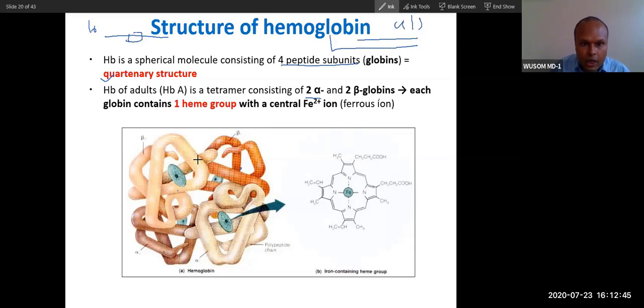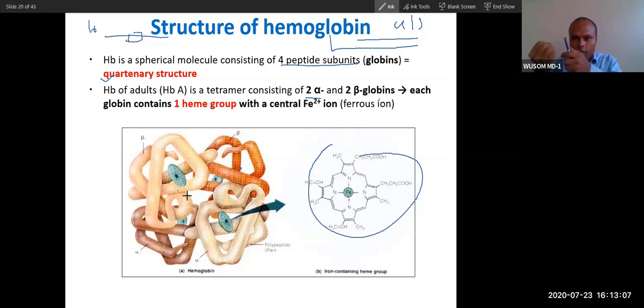Okay, and at the center of each polypeptide you can see heme, this molecule. This round, coin-like structure is the designation of heme. Now heme is placed tightly inside the protein. It is not hollow, it is not exposed to water. It is tightly placed inside the pocket of this protein, and water is not accessible to it. So remember, it is tightly placed with all the side chains covering it, and it is present between 2 protein chains. We will talk about that.